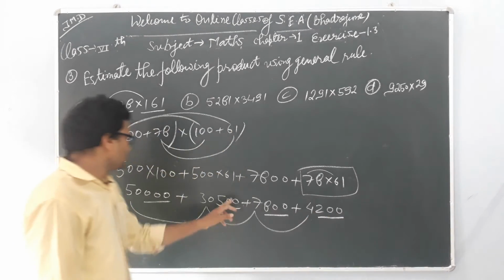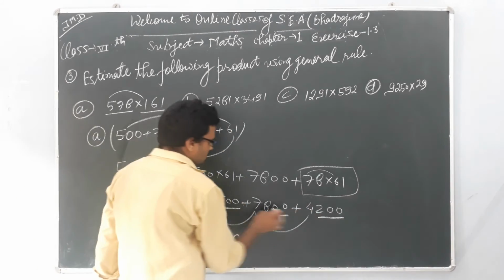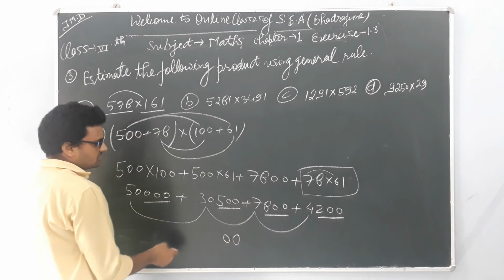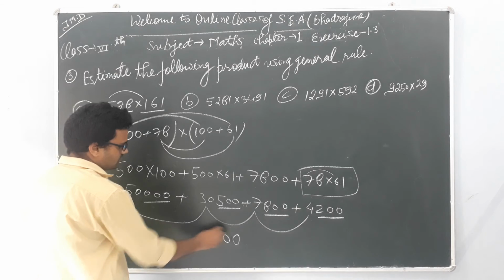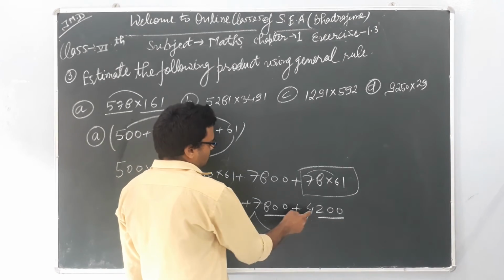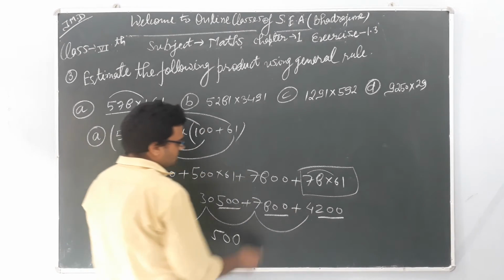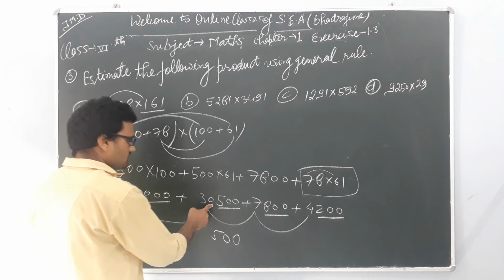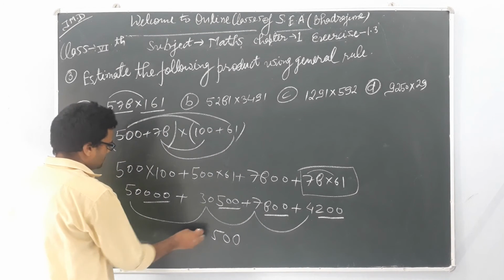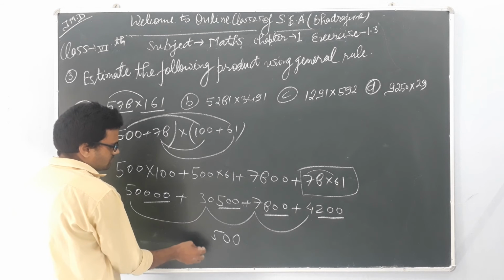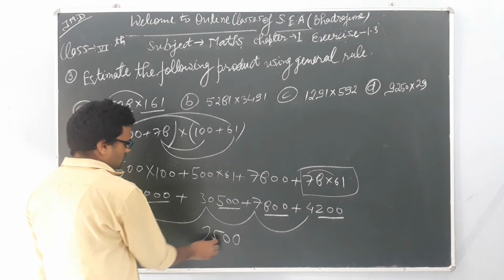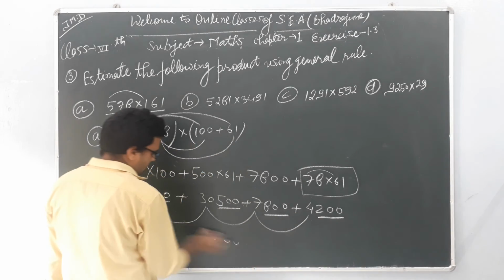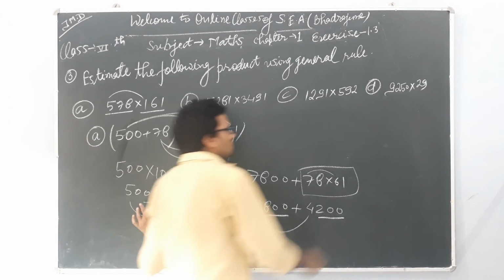So 0 plus 0 plus 0 plus 0 is 0, again 0 plus 0 plus 0 plus 0 is 0, 2 plus 8 is 10, 10 plus 5 is 15, 15 plus 0 is 15, 5, 1 carry, 1 plus 4 plus 1 is 5, 5 plus 7 is 12, 12 plus 0 is 12 again, and here this is 12, so it will give us 2. After that 1 remains, and 1 will be added with...